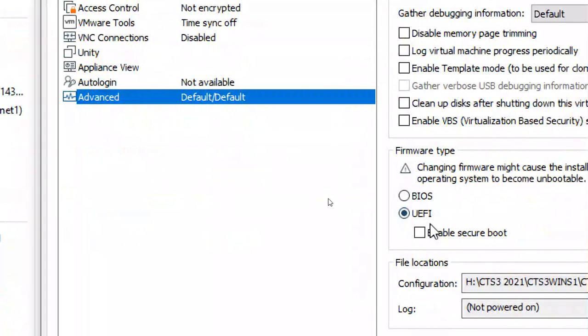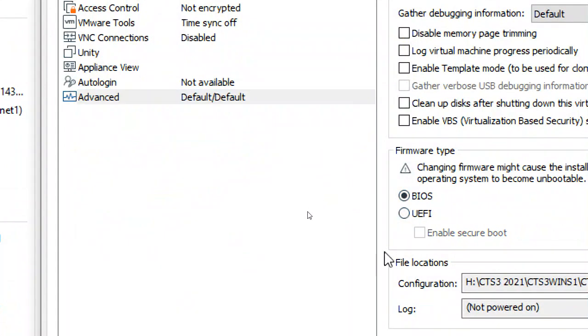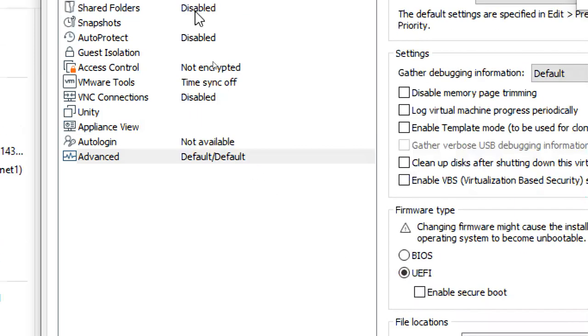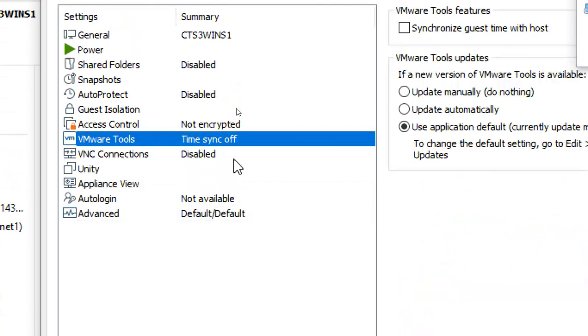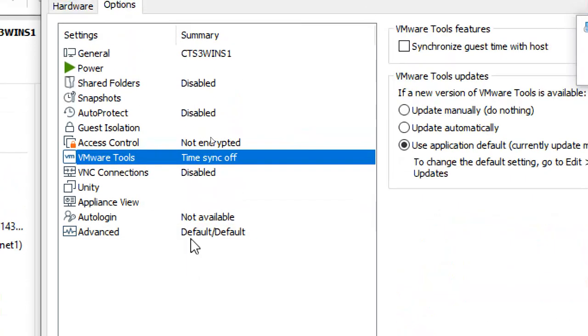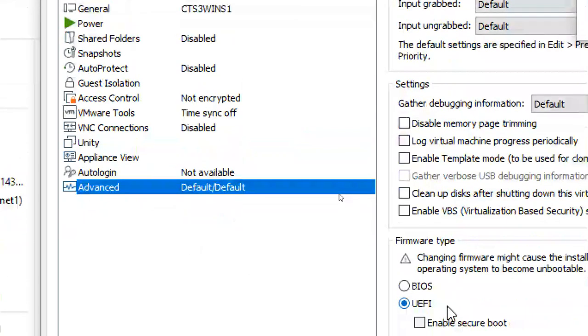If it is in BIOS, you are unable to select UEFI. It shows in gray color in that case, so it's okay, no problem. But anything you change, change it before you start the virtual machine. Do not change it later. So make sure that UEFI is selected. That's it.